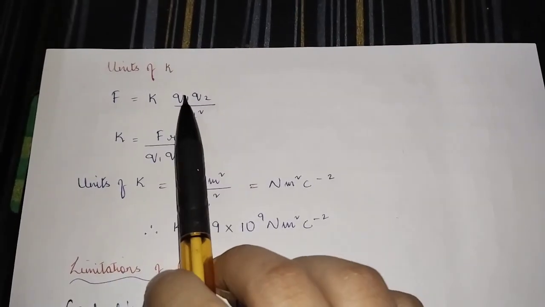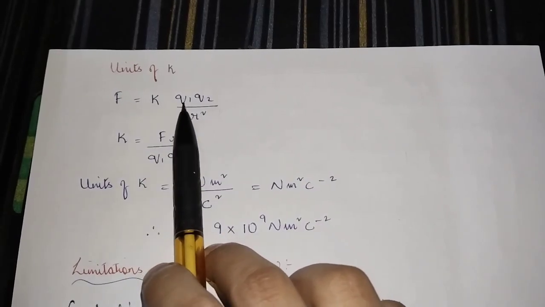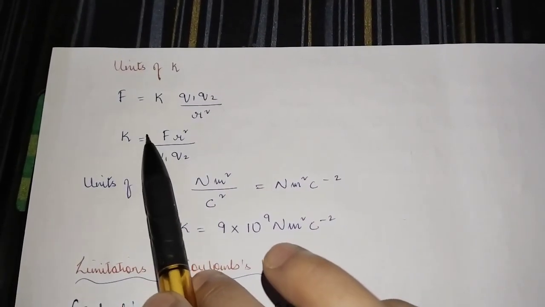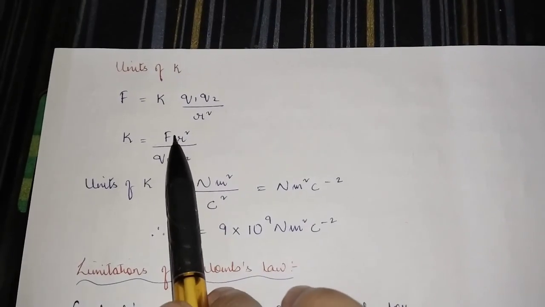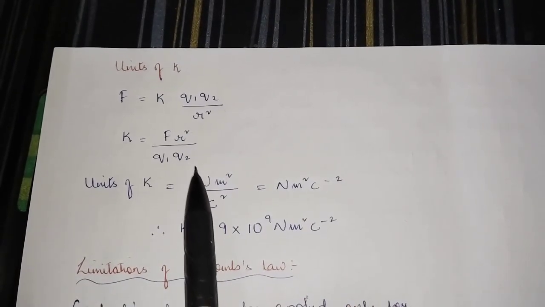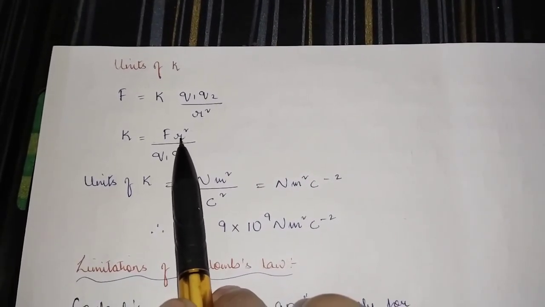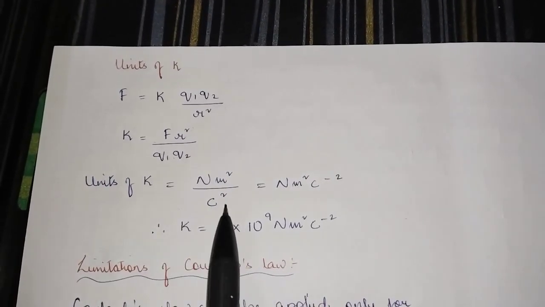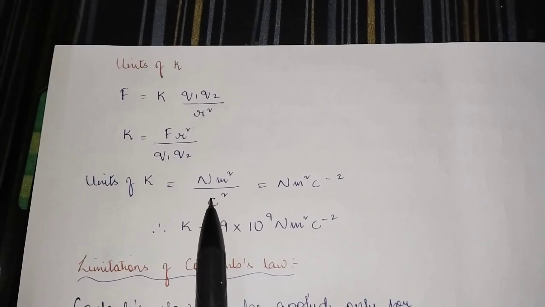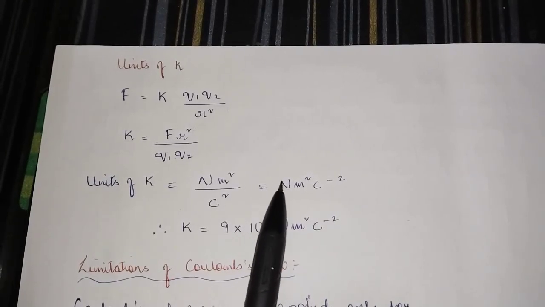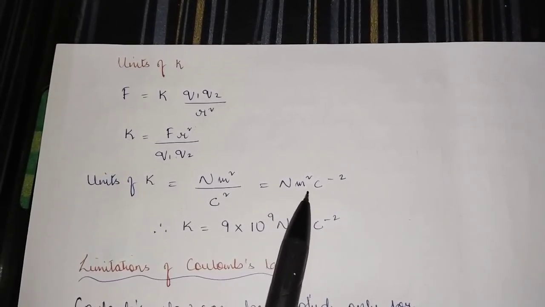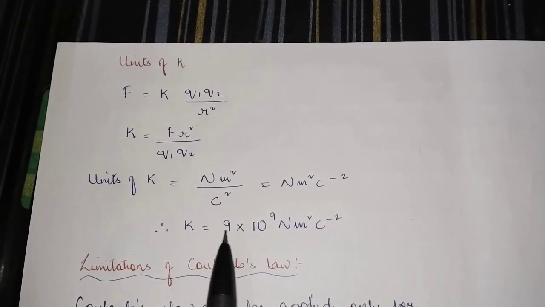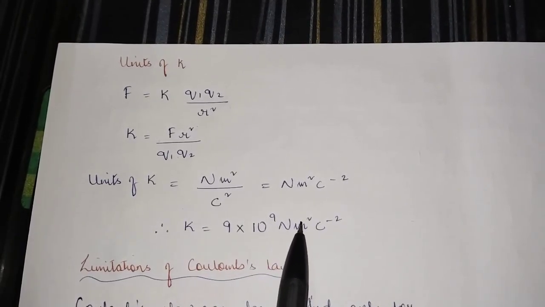Now, using the final equation of Coulomb's law, F is equal to K Q1 Q2 by r square, we can find out the unit of K. So keeping K on one side, we have F r square by Q1 Q2. We know that the SI unit of force is Newton, the SI unit of distance is meter square. Since there are two charges, Coulomb into Coulomb will give me Coulomb square. So from here, if we send Coulomb square to the numerator, it will become Newton meter square Coulomb square inverse. So the unit of K is equal to 9 into 10 to the power 9 Newton meter square Coulomb